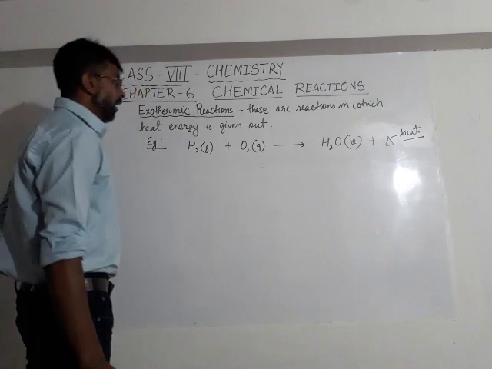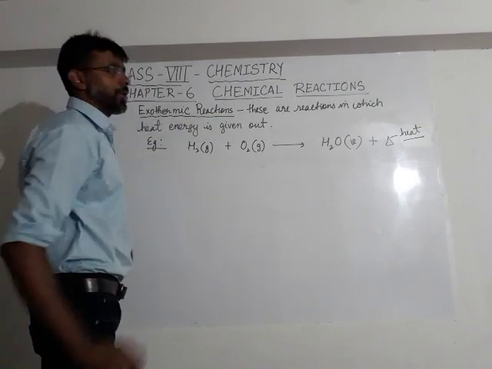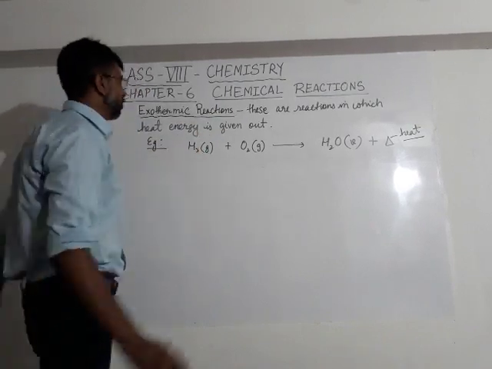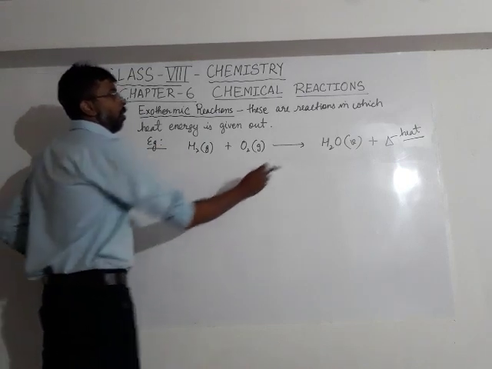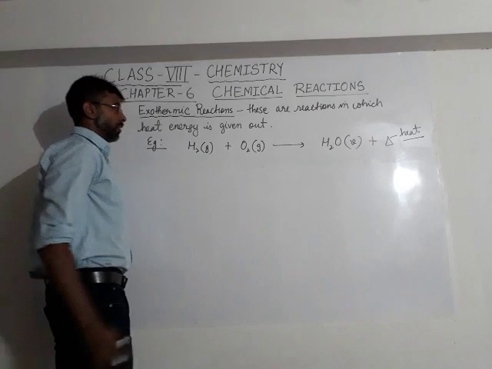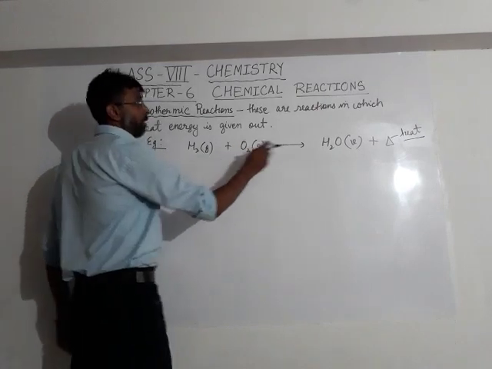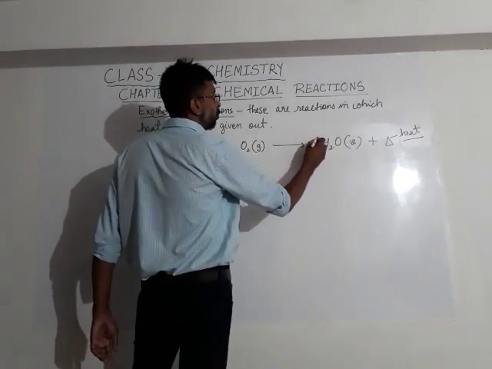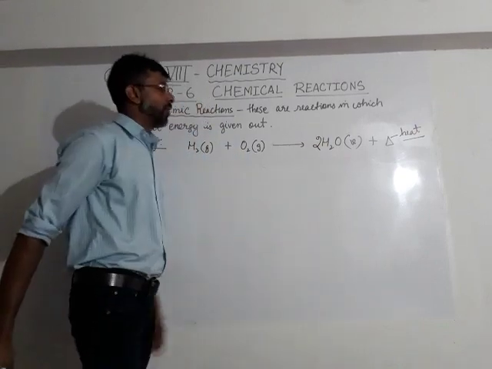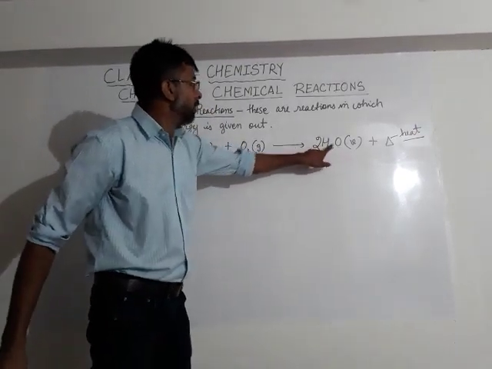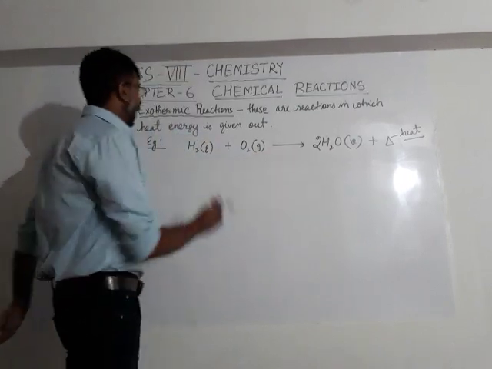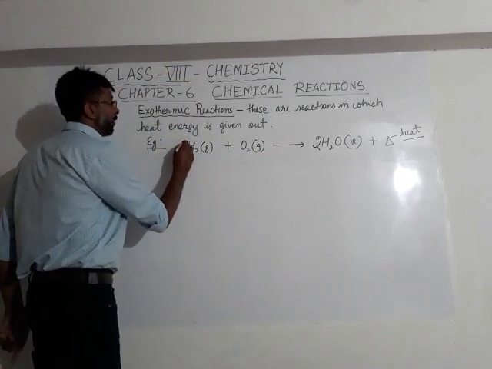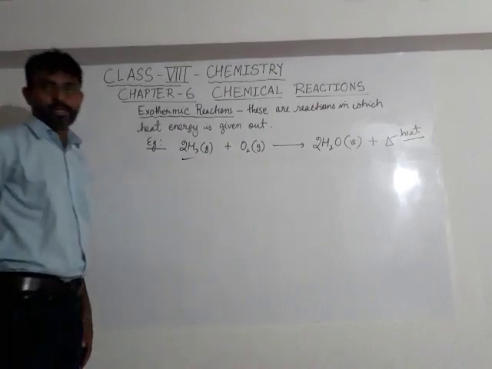Now, if you look very carefully, this equation is not balanced at all. So I must make sure the equation is balanced. Hydrogen is 2 over here, hydrogen is 2 over here. But oxygen over here is 2 and oxygen over here is only 1. So I need to put 2 over here. If I put 2 over here, oxygen becomes 2, oxygen is 2, but hydrogen has become 4. So hydrogen is 2 over here, so I have to put 2 over here. Now this equation is balanced.